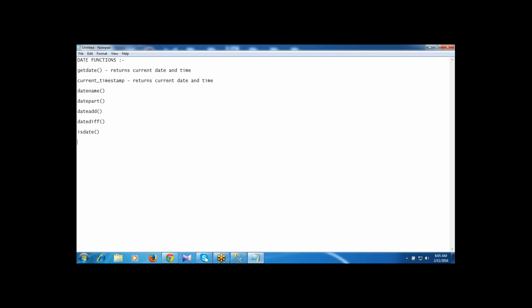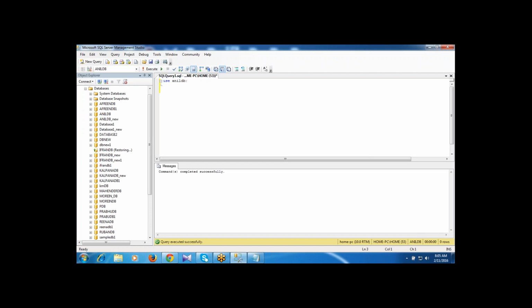The DATEDIFF function returns the number of months, years, or days in between the given dates. Each date function returns boolean values. If it is 0, it is false. 1 is true. We'll practice here.